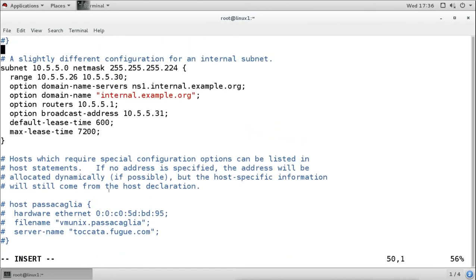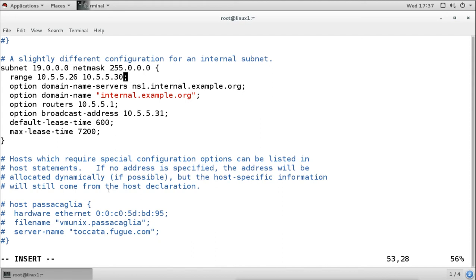Now I keep this subnet, because it has all the information which I need. Now I will modify it according to my requirement, or we can just copy this into our main configuration file. So this is our network, and I mention the network here. Our subnet mask is the default one, so I'm using the default subnet mask. So here I'm defining our subnet first.